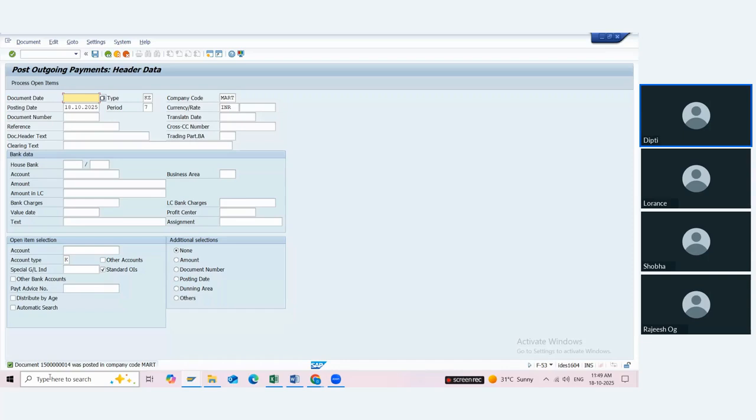Now we have to assign the check number that you have given to that vendor. We have to assign the check number with a payment document. Why with a payment document? Because in one payment document, you may have multiple invoices paid. So the check number will always be assigned with a payment document. Now physically I have given the check manually. That number of the check that I have given manually, I have to assign to this payment document number. So what we have to do, we have to go to